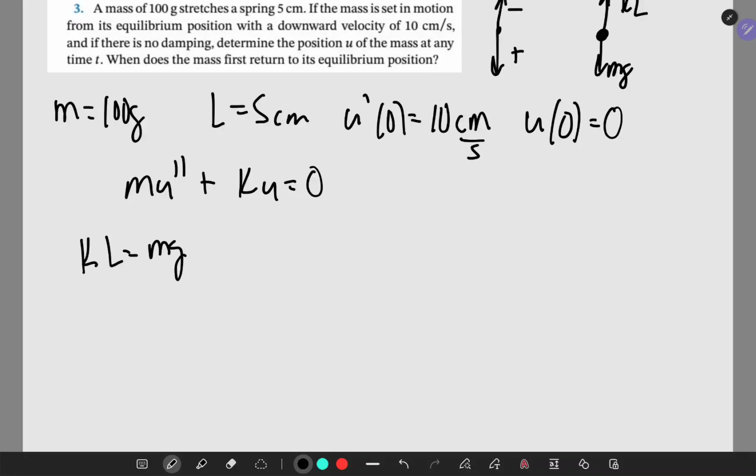Where was I? Solving for K. Okay, now we have some unit issues here. Our mass is in grams. Our length is in centimeters. Our gravity would be in meters per second. So we can keep the mass in grams, and we can keep this in centimeters. I think it would be easier just to convert gravity